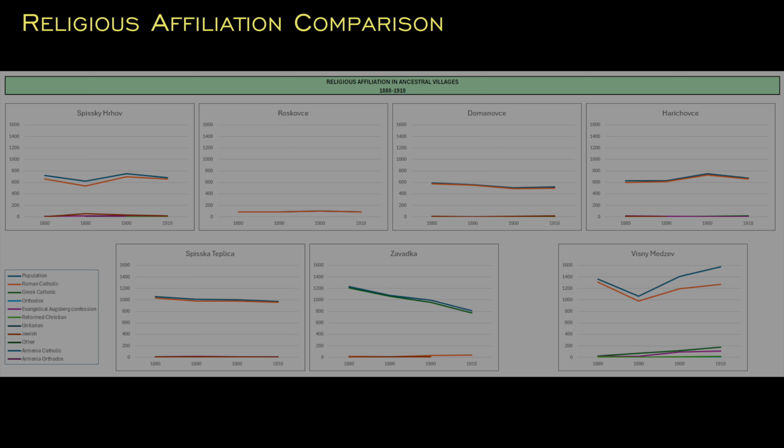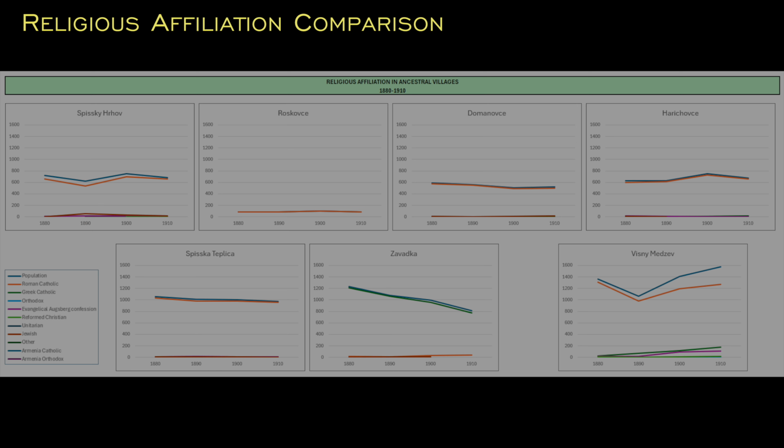The key on the bottom left shows a lot more colors than appear on these graphs, because it contains the superset of all religions listed in the entire document. In several of these cases, the total population is very closely, and sometimes indistinguishably, matched to the highest individual religion. In the case of all 4 in the top section, that is Roman Catholic, with only Spišský Hrad having any considerable number of other religions represented: a few Greek Catholics, a few Orthodox, a small number of Protestants, and a small number of Jewish people. In total, perhaps just a few percent of the population.